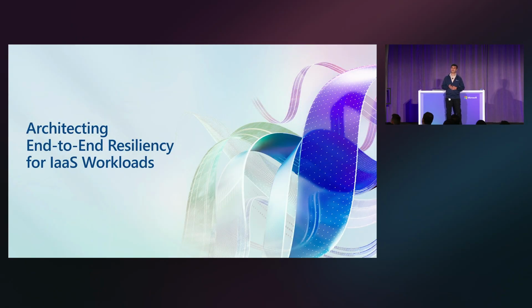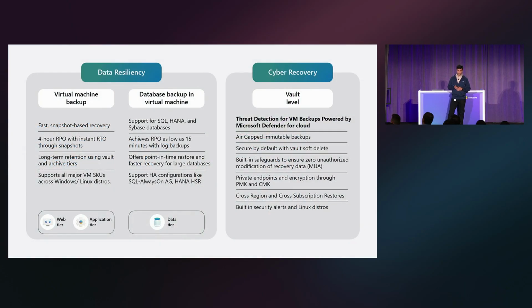All right, as I said, for infrastructure as a service workload, if you remember, I talked about the two-tier application. There is the front-end tier, which is a VM, virtual machine. And then the back-end tier, let's assume it contains a database, which in this case can be a SQL Server or SAP HANA. We do have support for SAP ASE as well. We have got you covered.